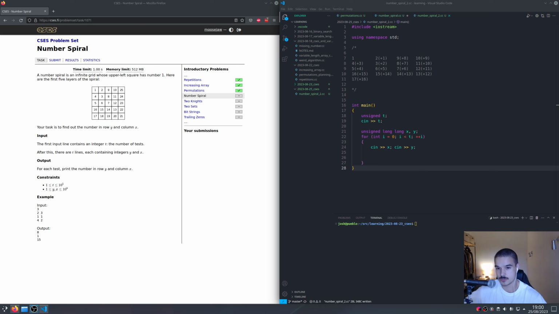Because what I noticed is that if the input y, also I need to put these the other way around. Basically, if y is an even number,